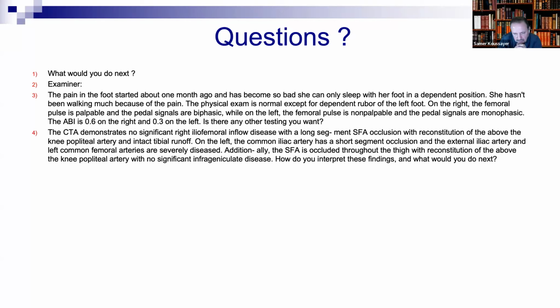We'll deal with the inflow first by endo, then the outflow I will do fem-pop bypass. So the priority now for the inflow is to go from the brachial to do catheter-directed thrombolysis. Then after that we'll manage the lesion, either by stenting or...